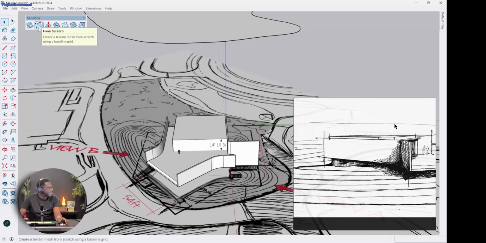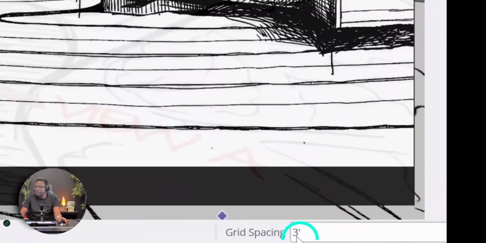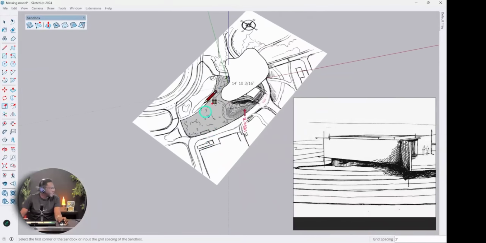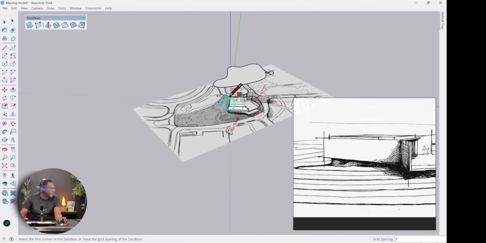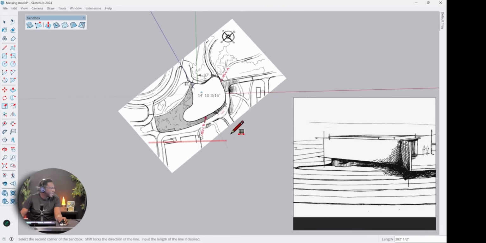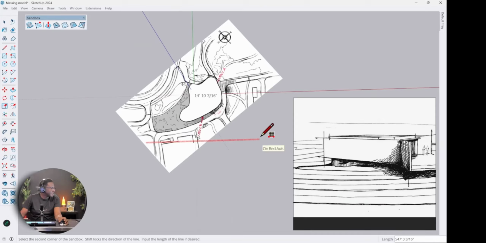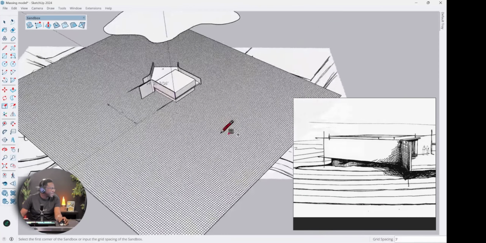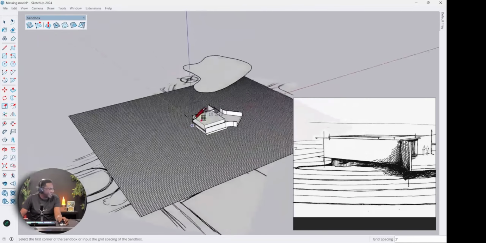We'll be building our hill from scratch. So we're going to choose that. Then we are going to set our grid spacing to be 3 feet. Now we are pretty much just going to draw a flat box over where the hill would be. So I'm going to start from about right here, and I'm going to go this way, like about like that, and then this way, like about that. There you go. Now, of course, that covered the illustration of the hill.